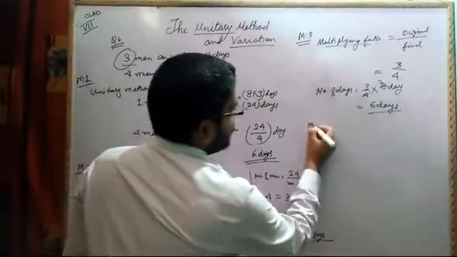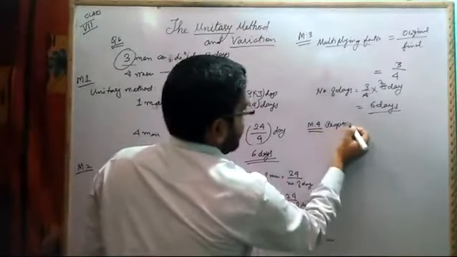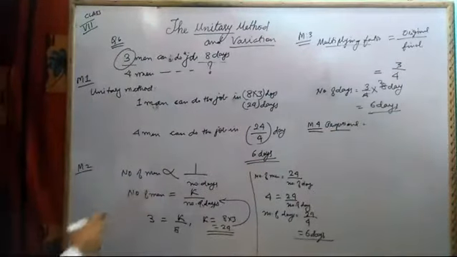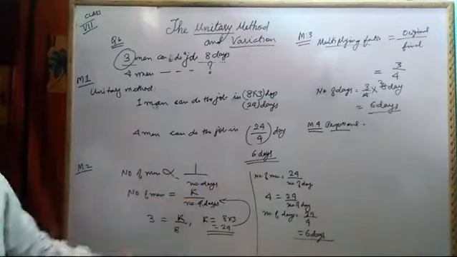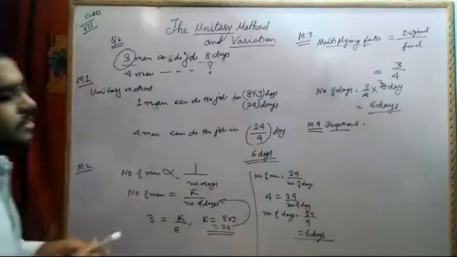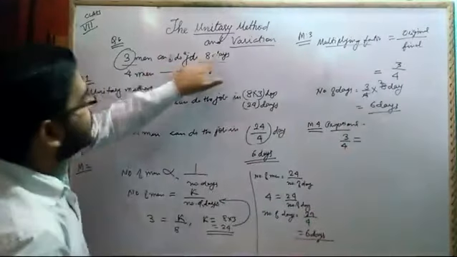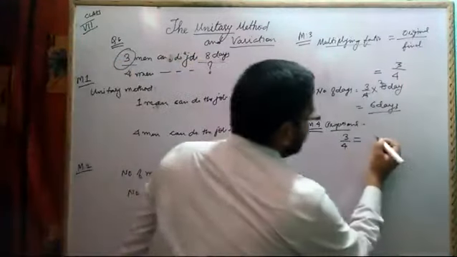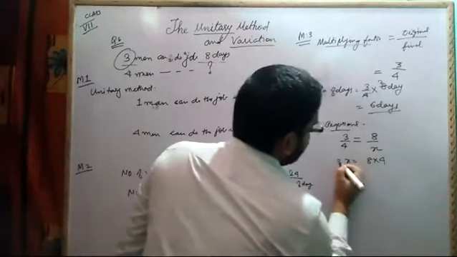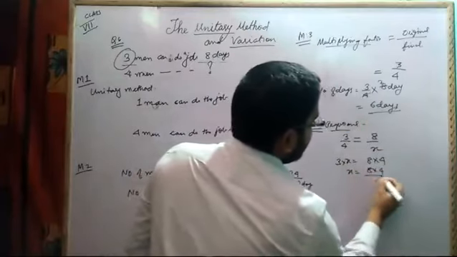Now method 4 was unitary method. No, sorry, proportional method. This is also proportional. The earlier one was based on a symbol, replacing the symbol with a K, and here we are using proportion. Now in proportion, what I said, men ratio, that means 3 upon 4 is equal to 8 days. In front of 3 we have 8, so I will write 8 upon x. So x will be equal to 8 into 4 by 3.